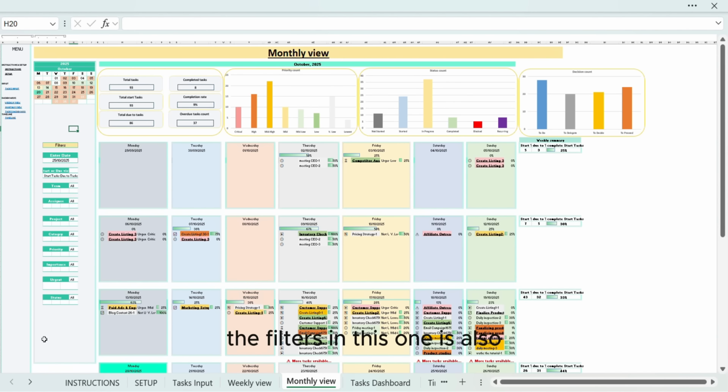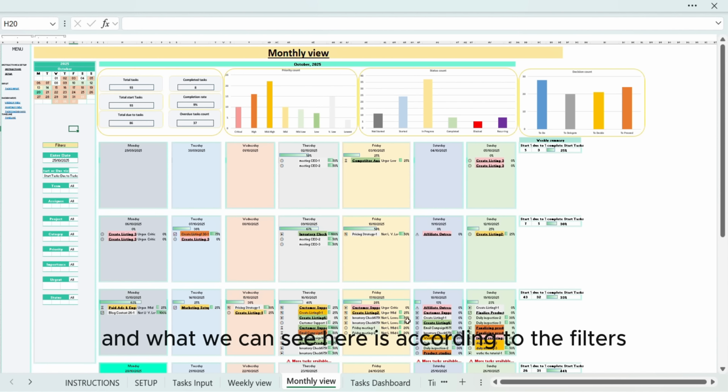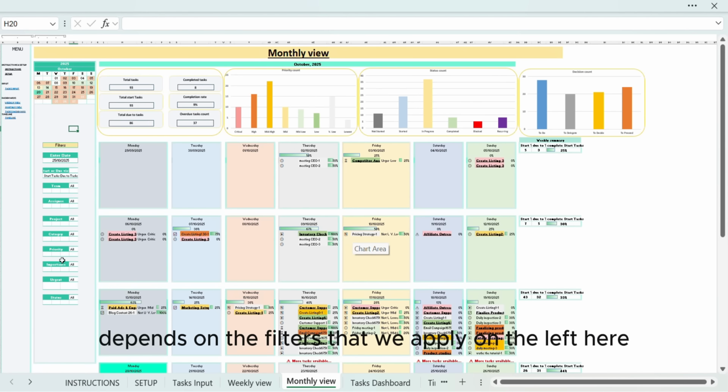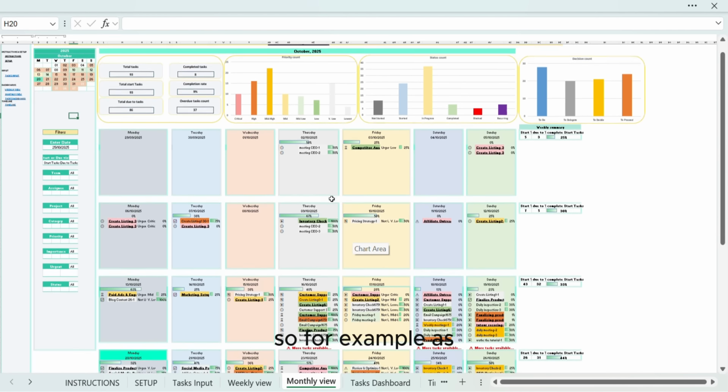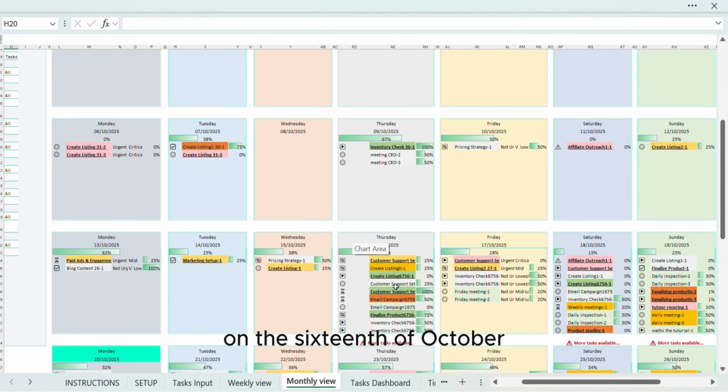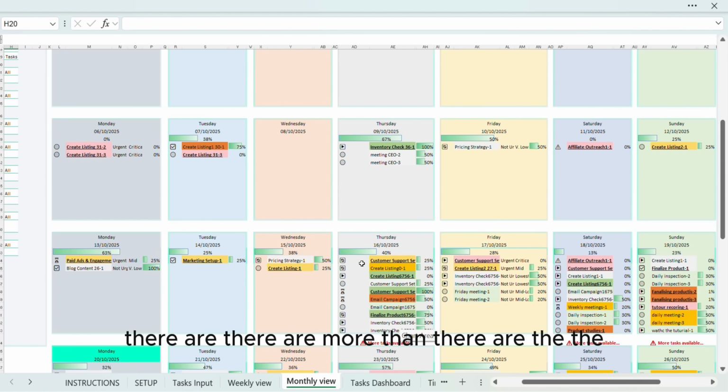The filters in this one work exactly the same. And what we can see here is that, according to the filters, all the categories, all the charts, and the fillings here depend on the filters that we apply on the left here. There is also something that I would like to highlight here, as you notice, for example, on the 16th of October,